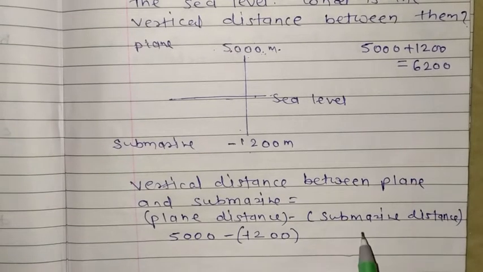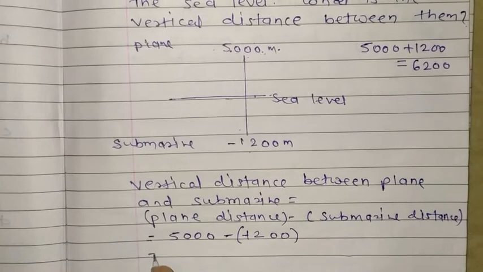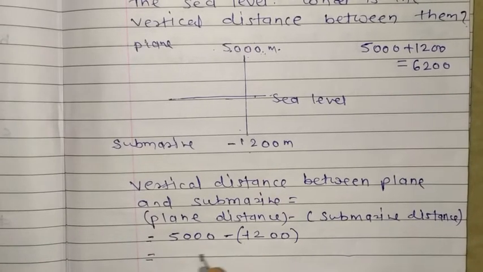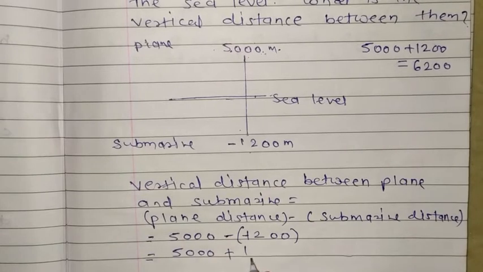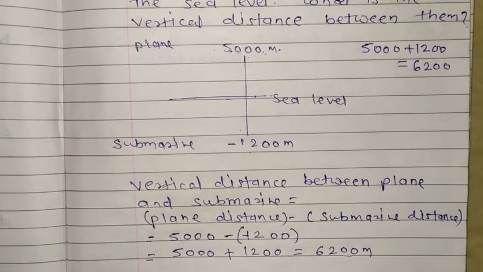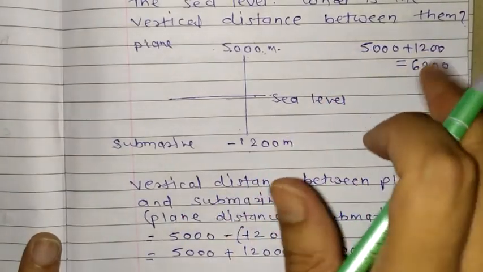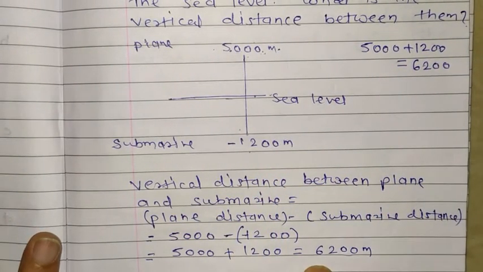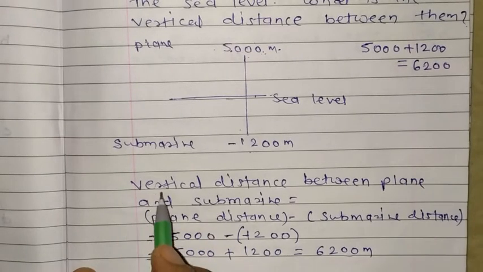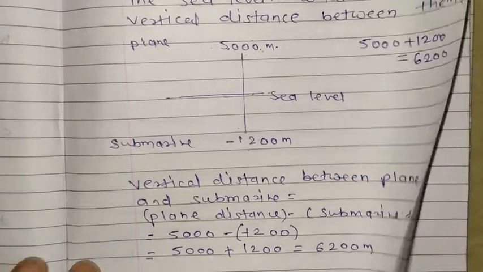Got it? So here we are calculating difference, so it is better, means you have to use minus sign only, and you have to check the answer. Now it is coming exactly same, minus minus is plus, so your answer is 6200 meter. And now you can cross check, tally also, it is same. So in this way you can cross check your answer if you are directly doing it in the rough side. So your answer is 6200 meter. At last you can write also vertical distance between plane and submarine is 6200 meter. Now we are going into the next question.